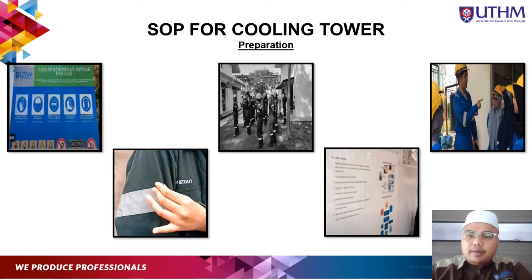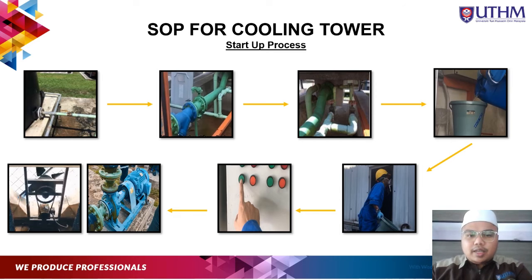For the startup process of the cooling tower, first line up the outlet of the SAG tank, then line up the butterfly valve at the suction of the cooling tower pump, then fully close the drain. Next, for chemical, we use CL653 and we weigh 2 kg, then put it in the cooling tower basin. Next we start up 3 switches at the panel, which are the discharge pump, the suction pump and the cooling tower fan. After we start up, we check whether the pump and the fan function or not. Normally they will function.